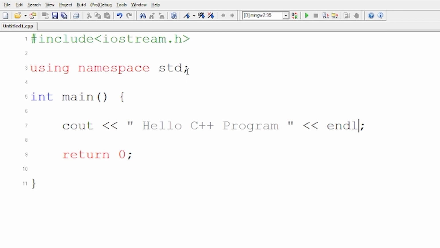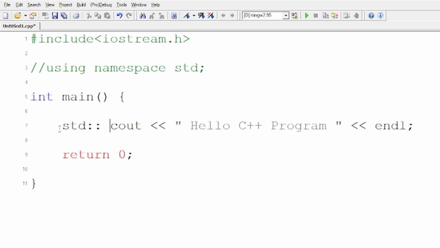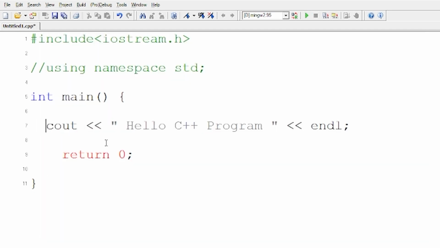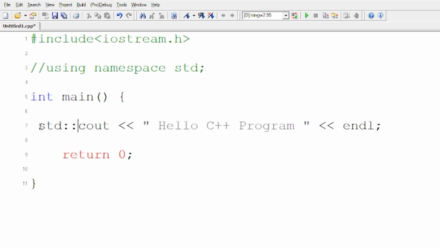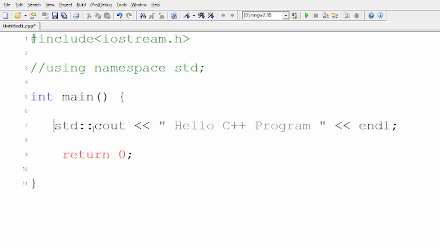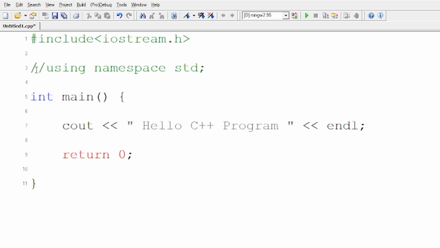Now over here, I did tell you about using namespace std. What does it do? If by chance I don't give this, for example, I'm not using this particular line, then I have to write std:: in each and every line like this. If I run the code right now, it will run. But if I don't write this, then it will be an issue. Some compilers may give us an error. So I can write std in this way in every single line, or the best way is to write this one time and you don't have to write it anywhere else in the entire program. If you have used namespace one time, that's it for the whole program.